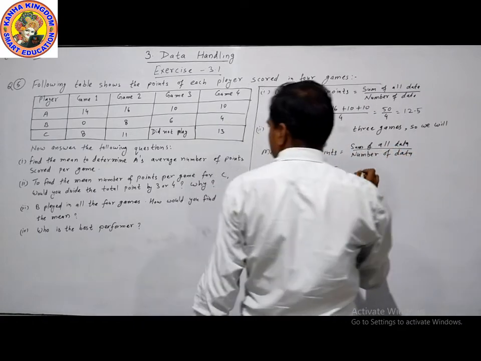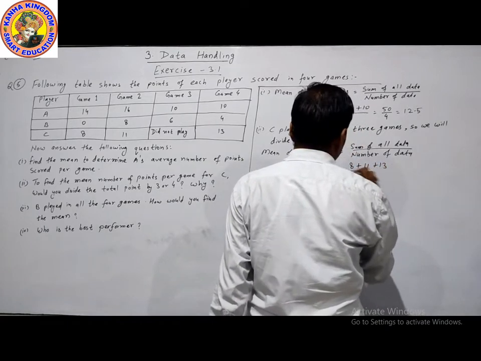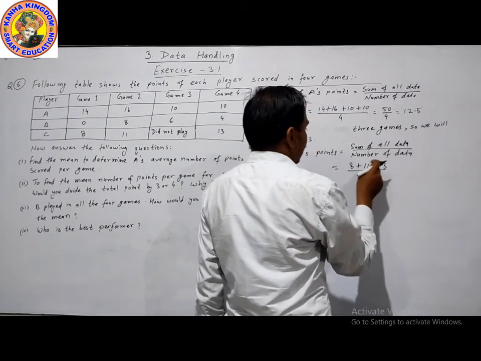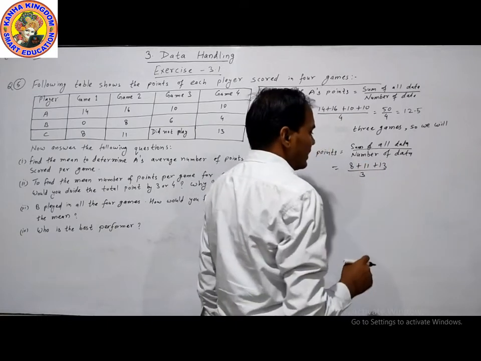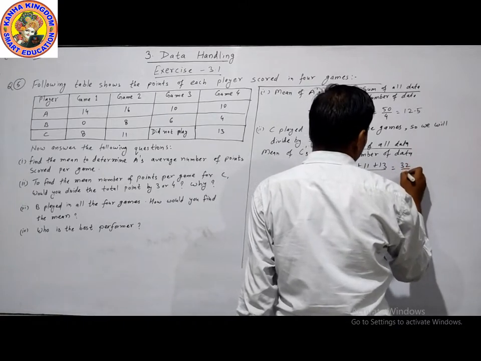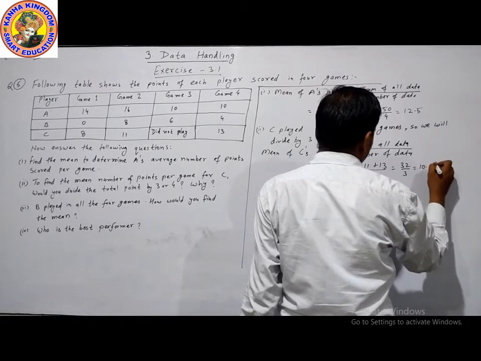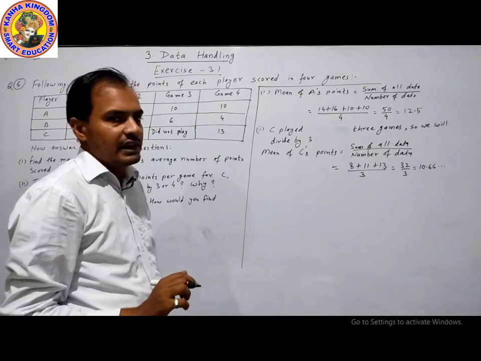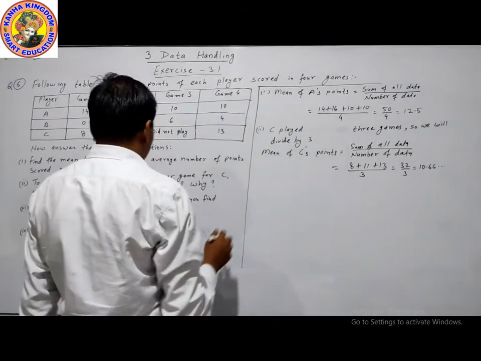So the sum of all data, player C's data, is 8 plus 11 plus 13 divided by 3. 13 plus 11 is 24, plus 8 is 32. 32 upon 3. Now this is 10.6666, which rounds to 10.67. Now third,